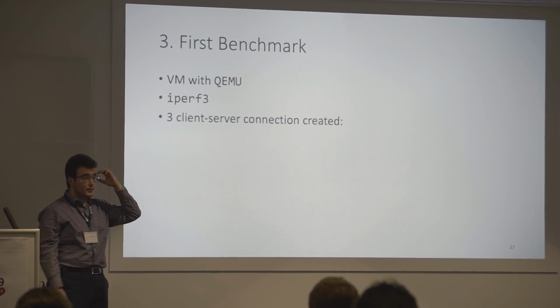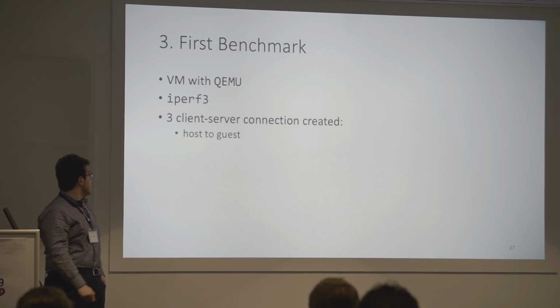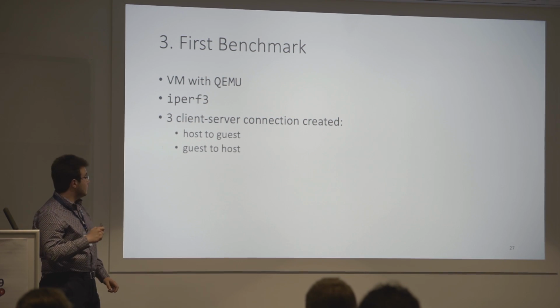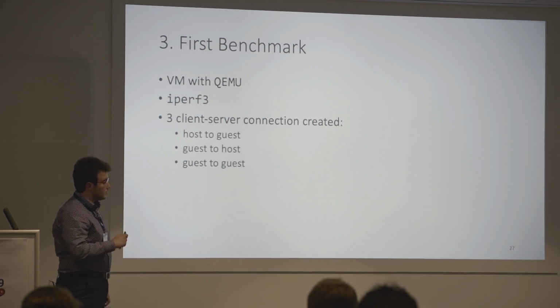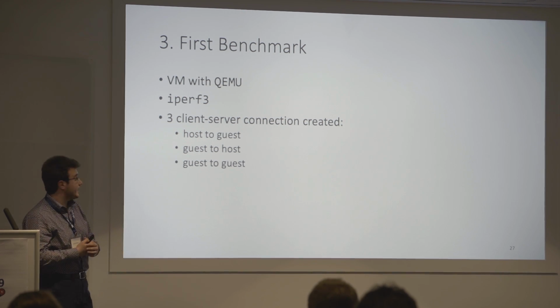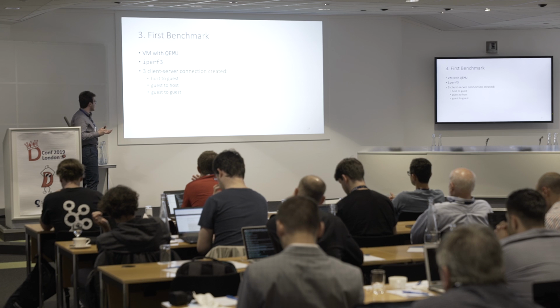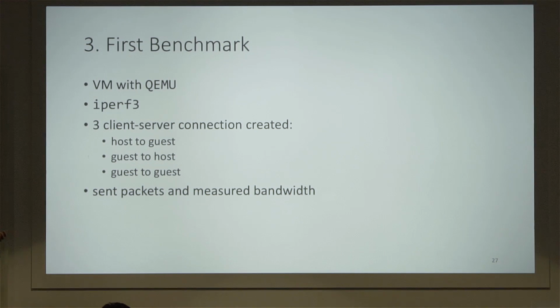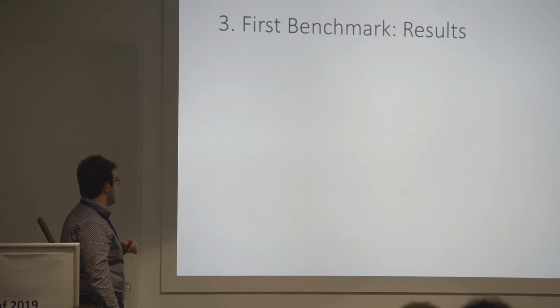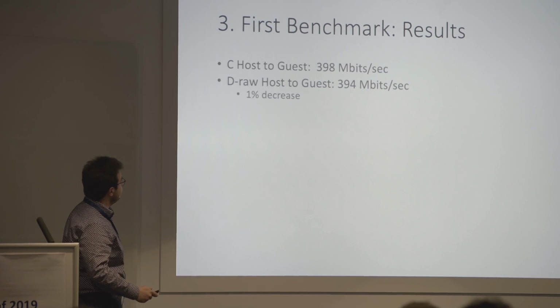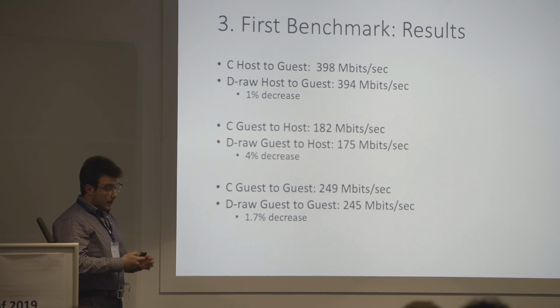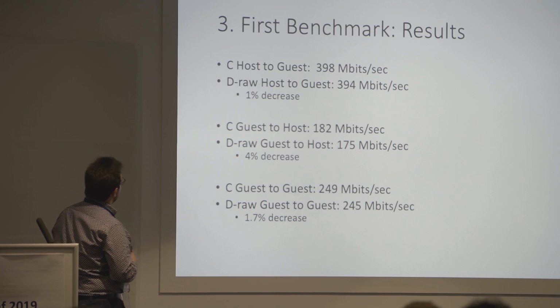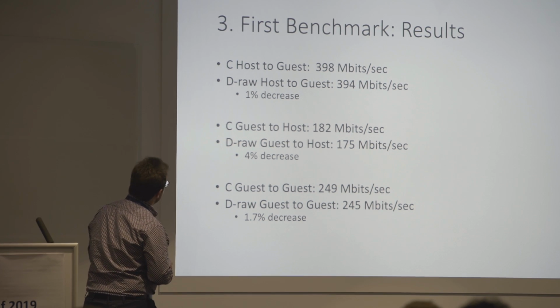Basically, we created 3 client-server connections, host to guest, guest to host, and guest to guest, and we sent packets for a fixed period of time to see what bandwidth was achieved. Then we've done the same for the C version of the driver and compared the results. Here they are. As you can see, the D and the C version are